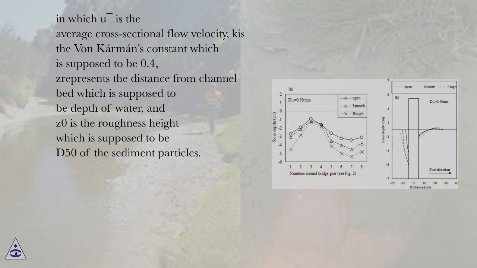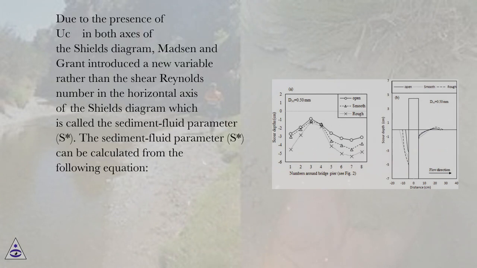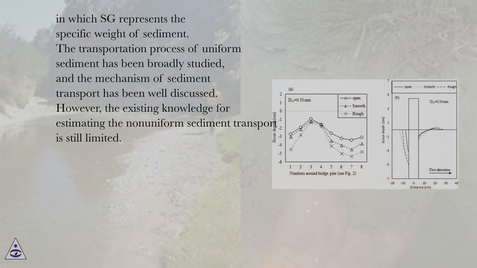of the sediment particles. Due to the presence of the shear velocity in both axes of the Shields diagram, Madsen and Grant introduced a new variable rather than the shear Reynolds number in the horizontal axis of the Shields diagram which is called the sediment fluid parameter, S. The sediment fluid parameter, S, can be calculated from the following equation, in which Sg represents the specific weight of